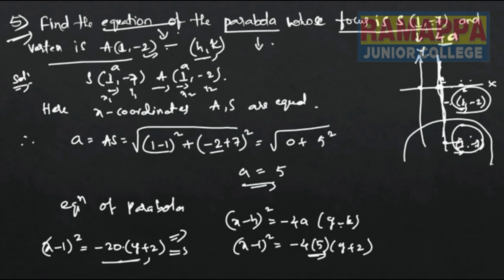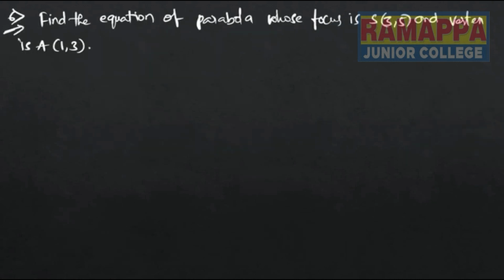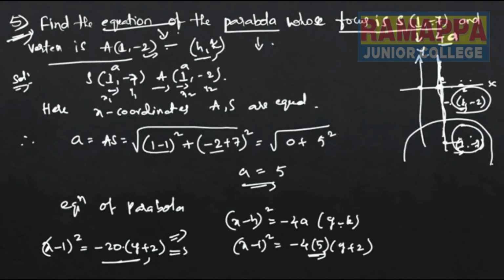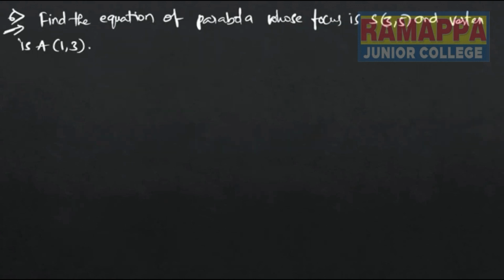Okay, now I will move to the next question, the 6th one. This is very very important, that is a tricky question. Now students, this is a very very important question. You will find this is the same as the 5th question, but there is a difference in the x terms. There we had x1 comma y1 and x2 comma y2, where the x values are equal, but in the 6th question you will find the x values are 3 comma 1. So these are different, that's why this is a totally different question from the 5th question.